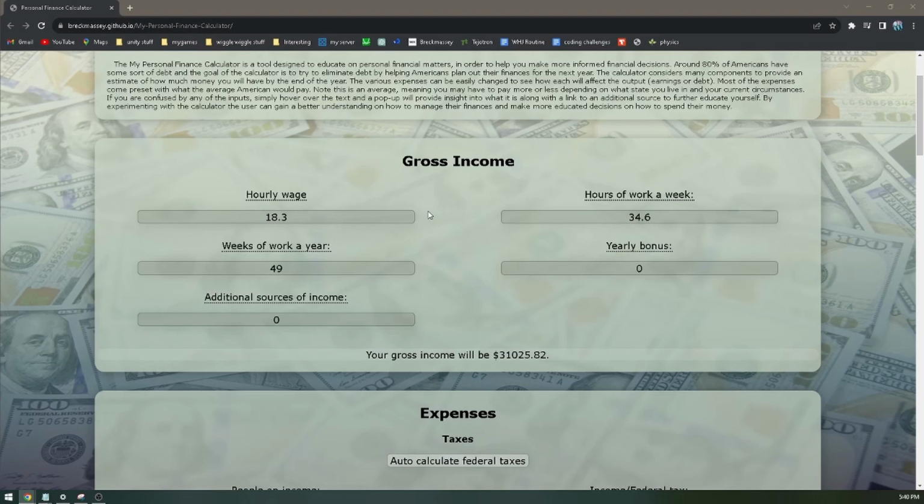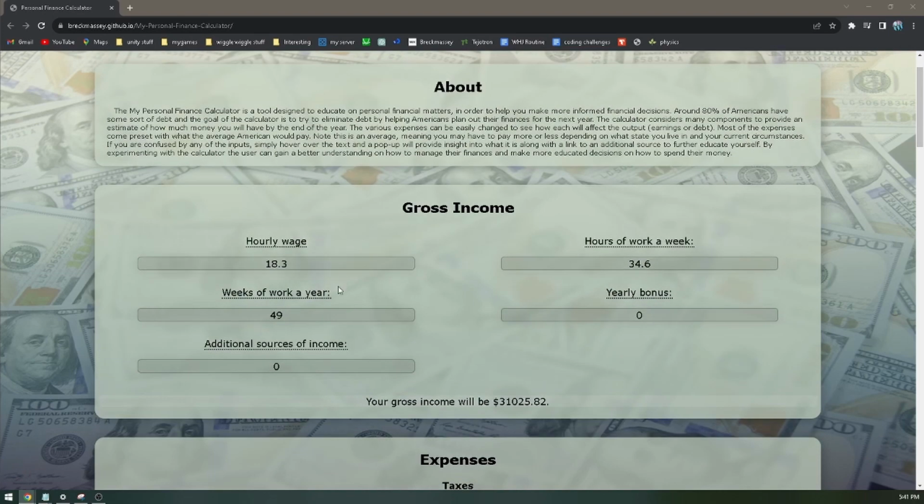The app is for any American who wants to gain an understanding of how they can budget their money better so they can live debt-free. We want to reduce the amount of Americans who have debt.